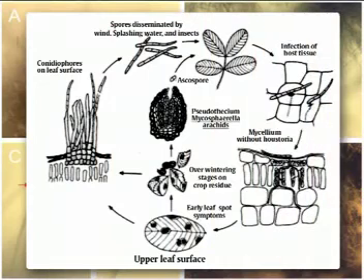Now, the disease cycle of this pathogen. The two pathogens grow differently in the host. In the case of Cercospora arachidicola, the mycelium is intracellular as well as intercellular and lacks haustoria. In the case of Cercospora personata, the mycelium is totally internal and intercellular, which sends branched haustoria into palisade and mesophyll cells.